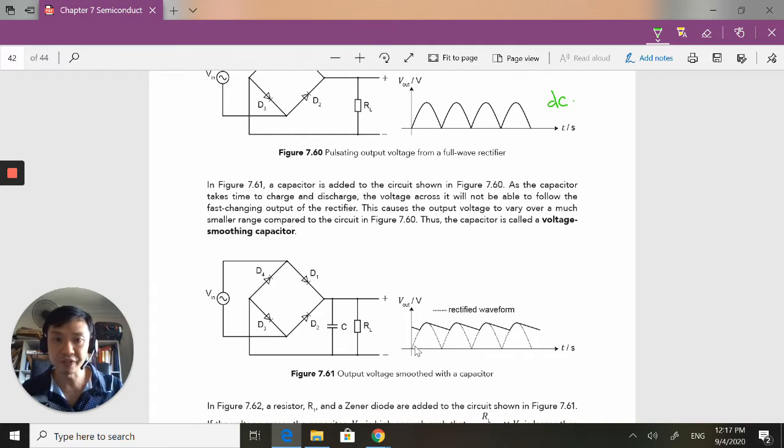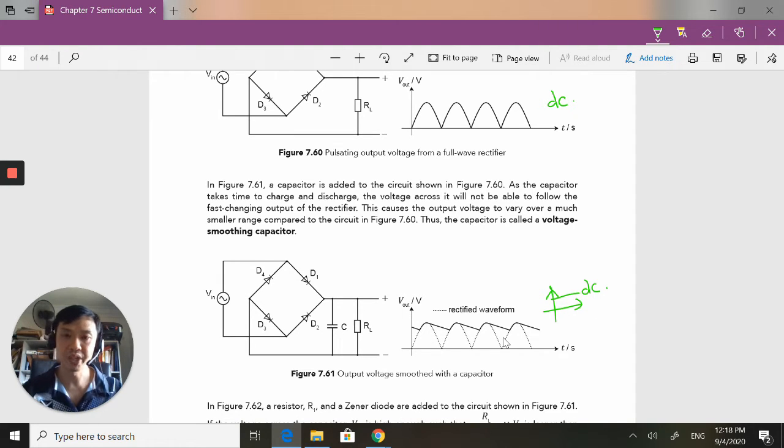So instead of going all the way down and all the way up, it wants to go down, but before it can go fully down, it charges up again, and then discharges. Because of the capacitor, the signal doesn't go all the way down or all the way up. So it is starting to look somewhat like a nice DC signal,